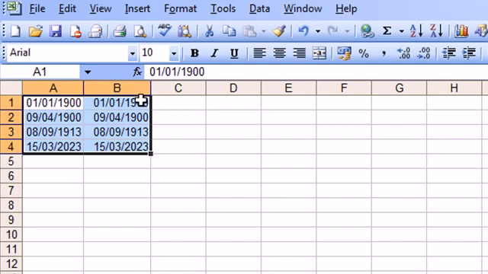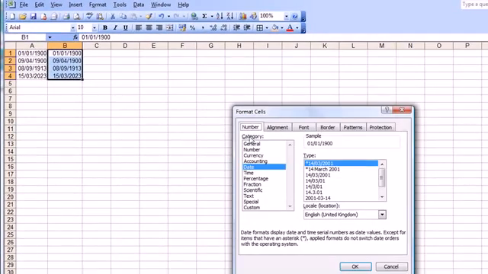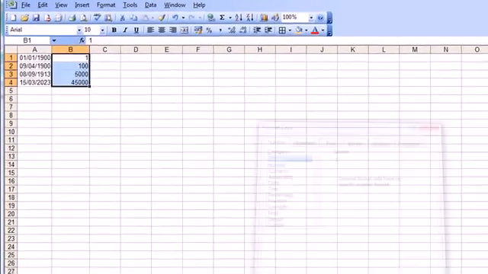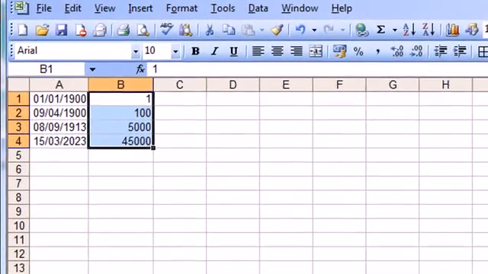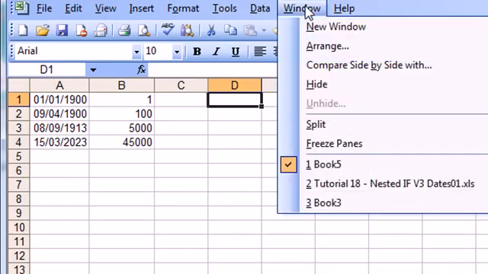Now I'm going to convert these dates back into their numbers just to prove that it works. So I'm going to select those cells, go back to Format, choose Cells, go to the General option, which is a basic number format, and okay, there we go. So now they're back in their original number format. Fundamentally, that's all you need to know really about dates, is that they all have a number associated with them, and by having that we can then do some calculations. So we'll go back to